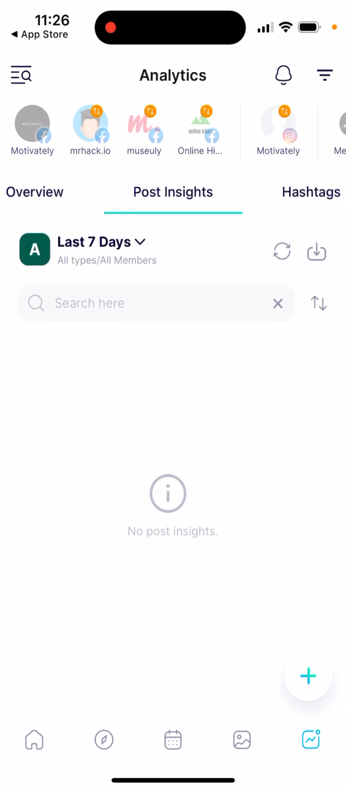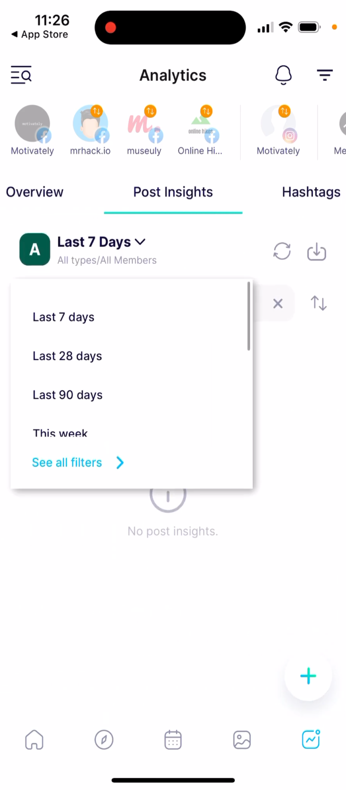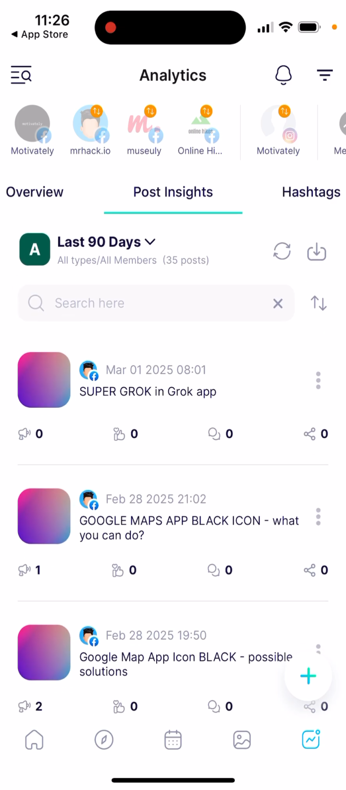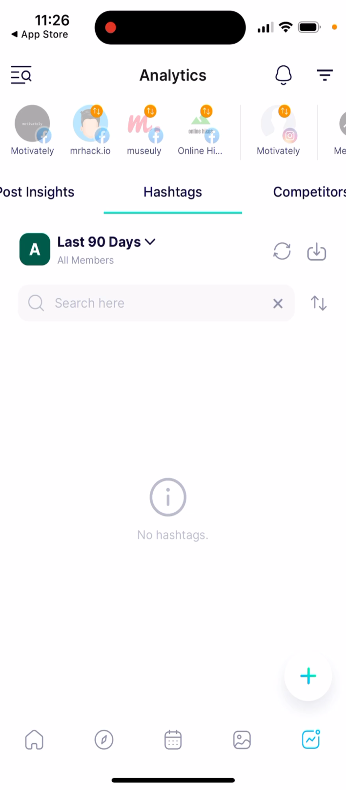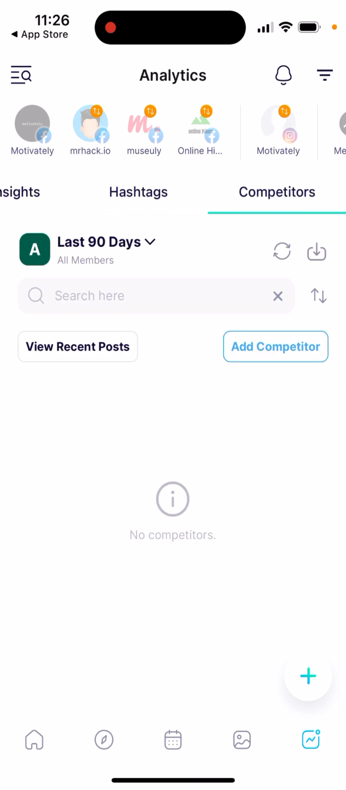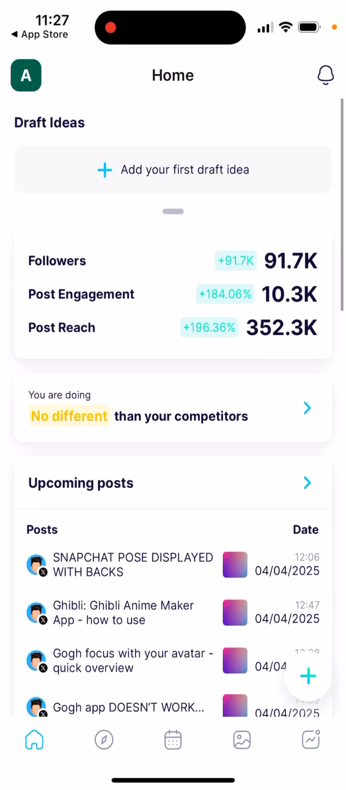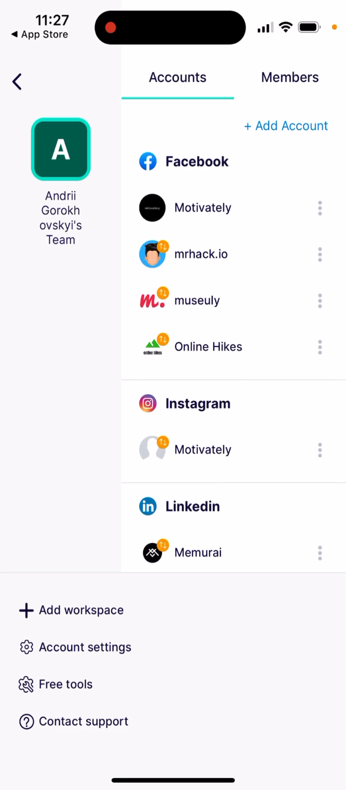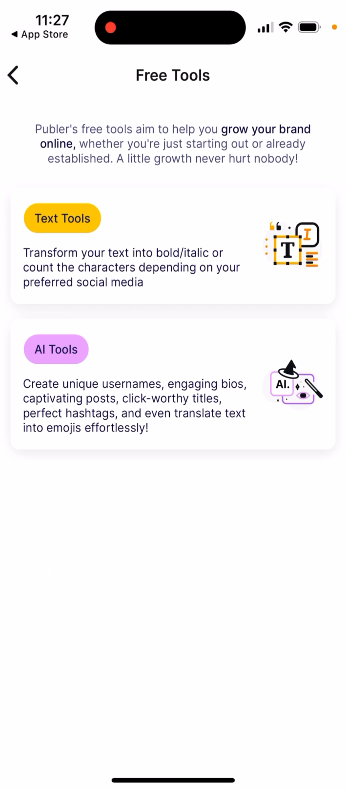Then you can see post insights for some period. This is just an example. And then you can see hashtags, and then you can see your competitors. So you can also analyze your competitors in here. So quite powerful tool, to be honest. It's a lot of things in here, and then they also have free tools, a lot of text